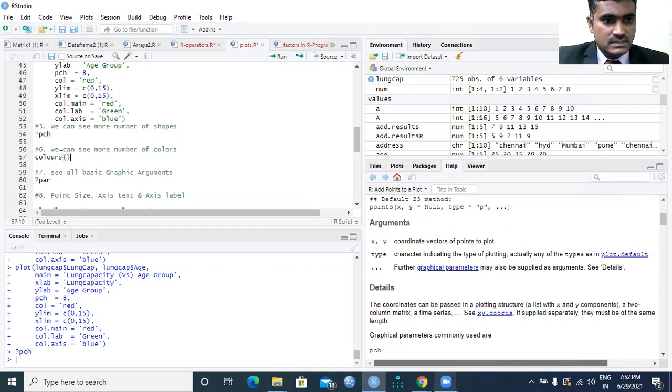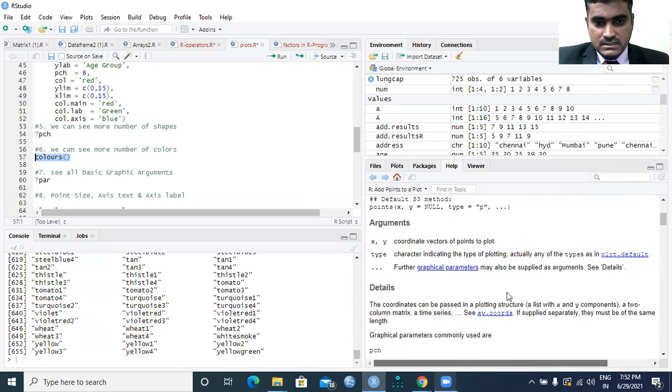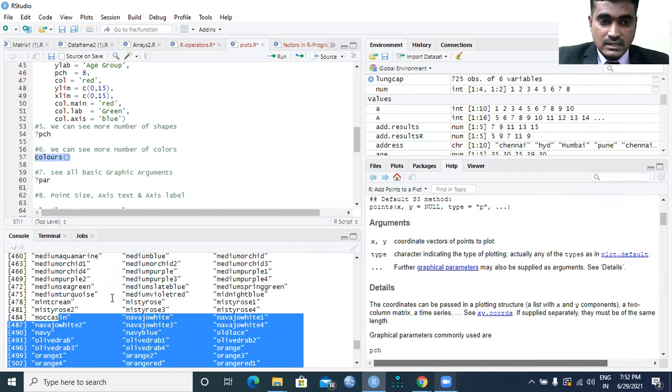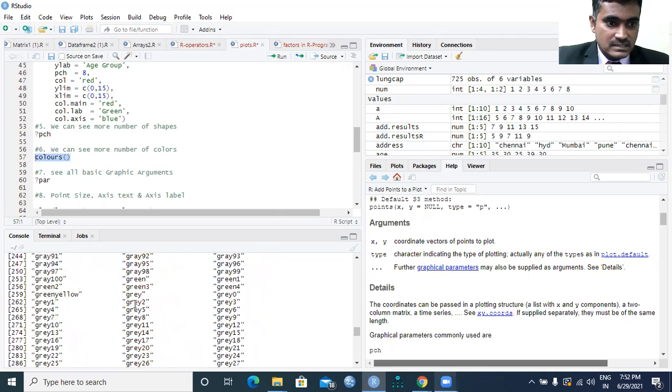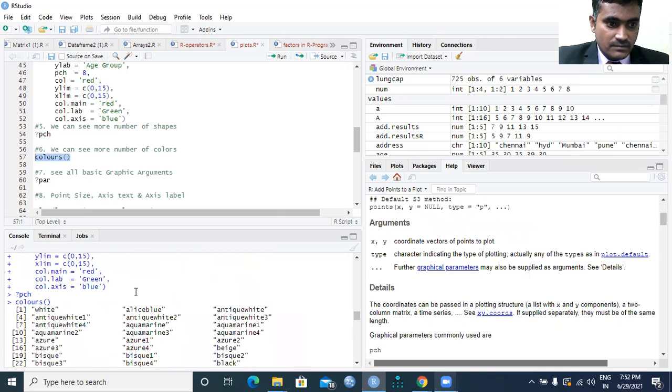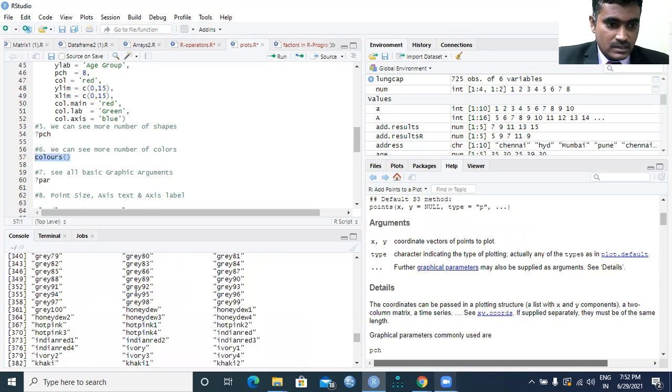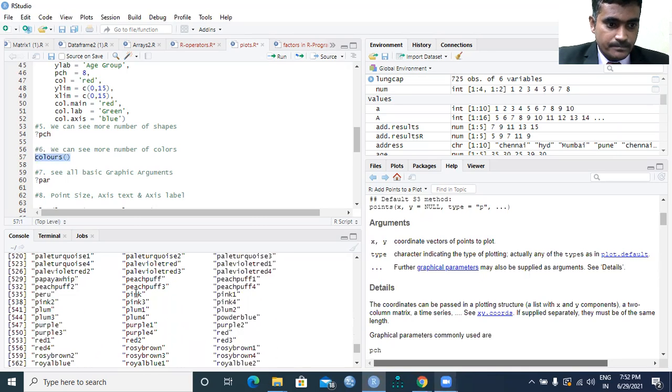Likewise, for colors, there are nearly 655 colors available in R programming.